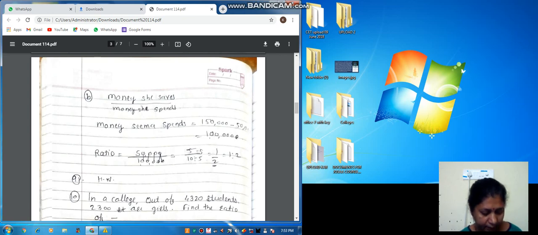There are 102 teachers in a school of 3,300 students. Find the ratio of the number of teachers to the number of students. It is very easy. Number of teachers 102. Number of students 3,300. So take the ratio. What will you write on top? 102. What will come below? 3,300. So I think only 2 will